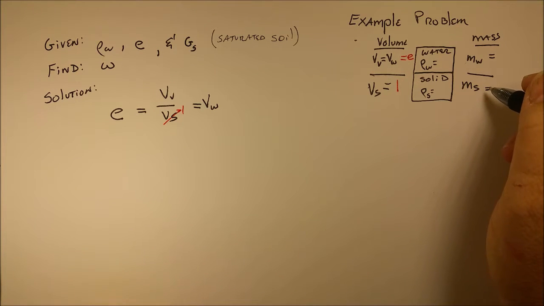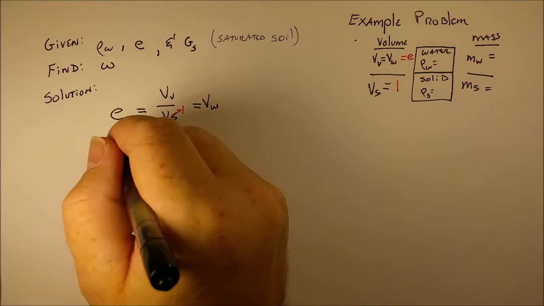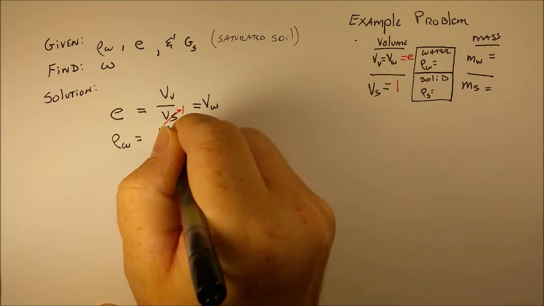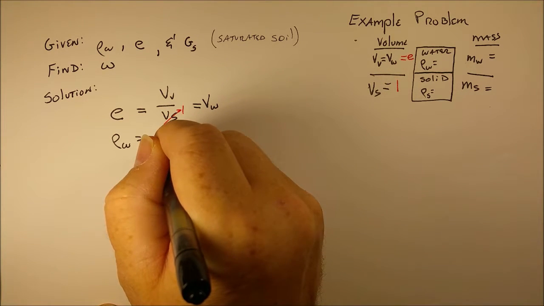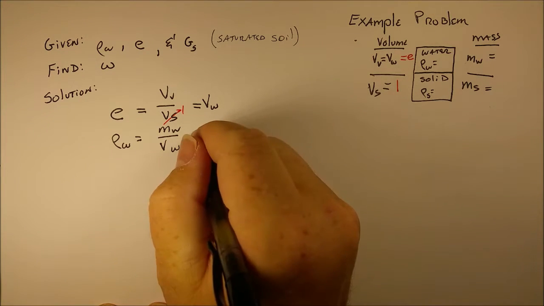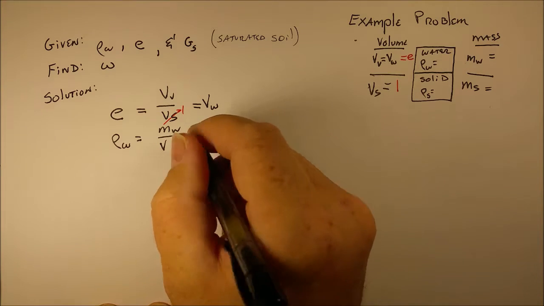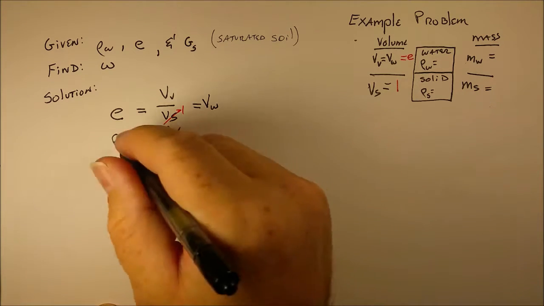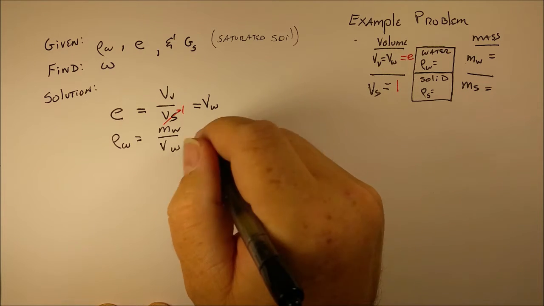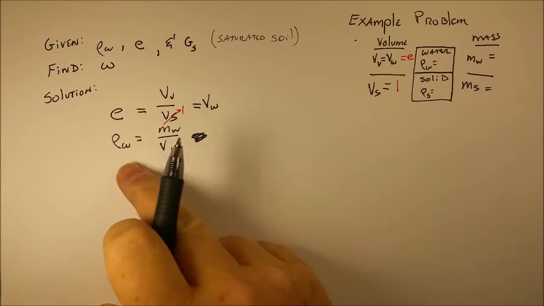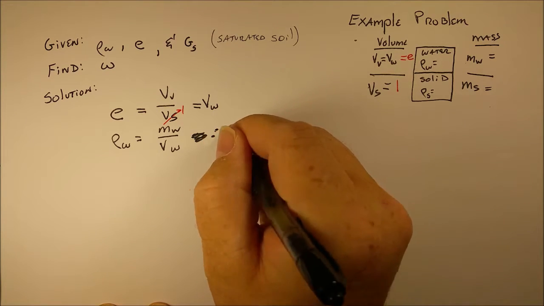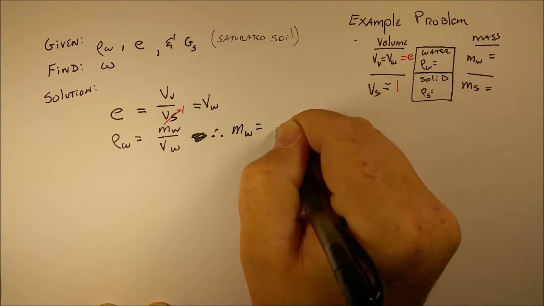So we know that the density of water is equal to what? The mass of water over the what? The volume of water. Since we know that, we then can just divide through, right? So therefore, mass W is equal to